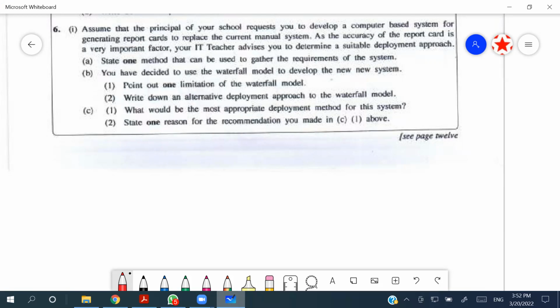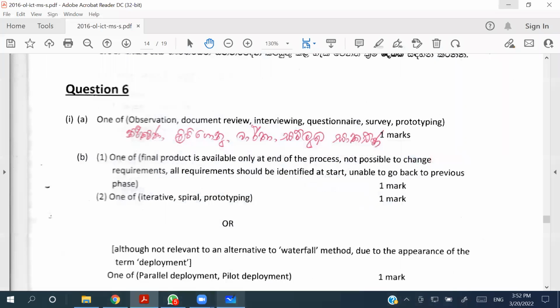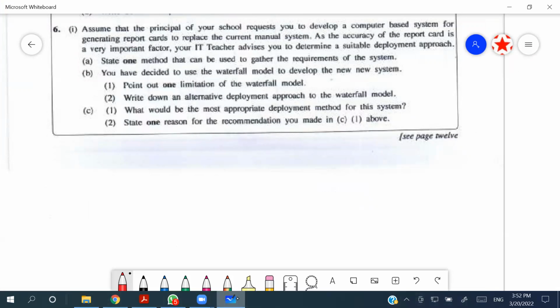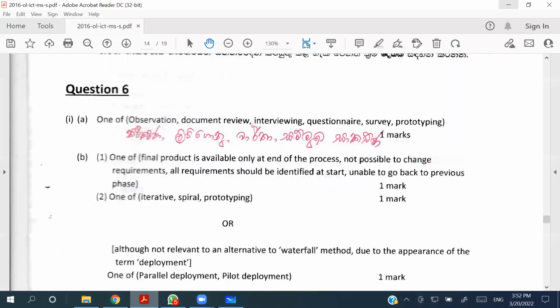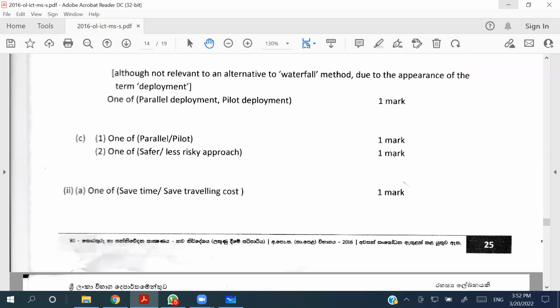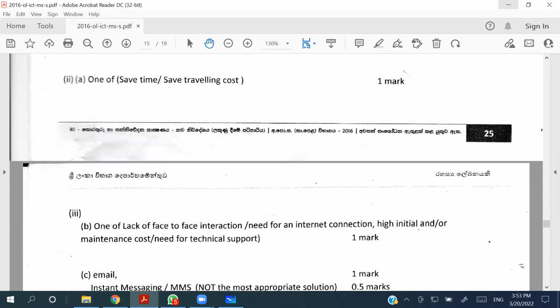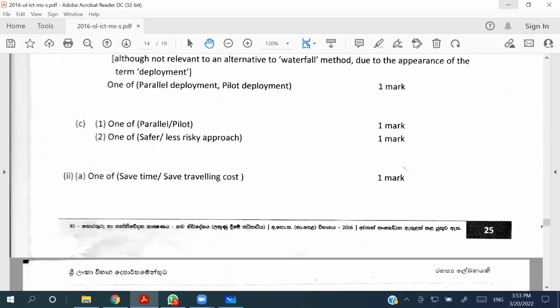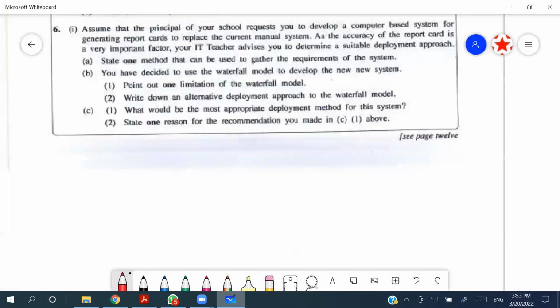And yeah, so the marks are going to go like this. Part A is going to be 1 mark, part B, first one 1 mark, second one 1 mark again, and part C 1 mark, the second part 1 mark again. And in the second question, they are asking,